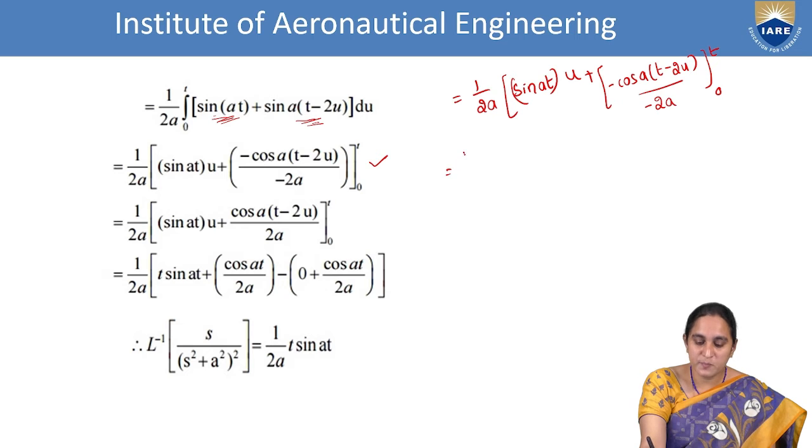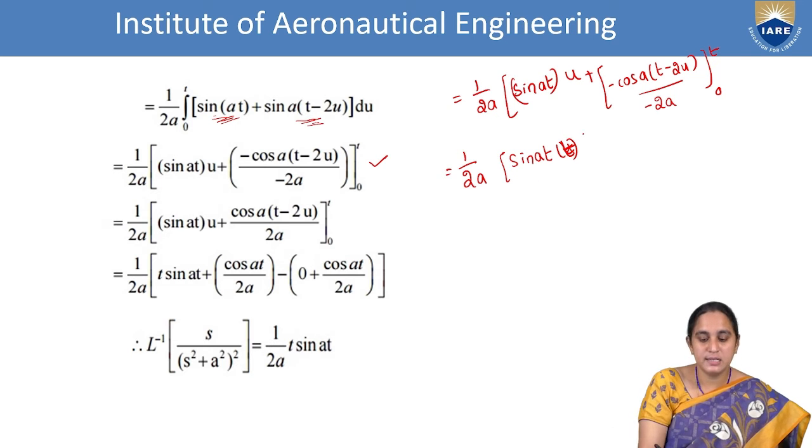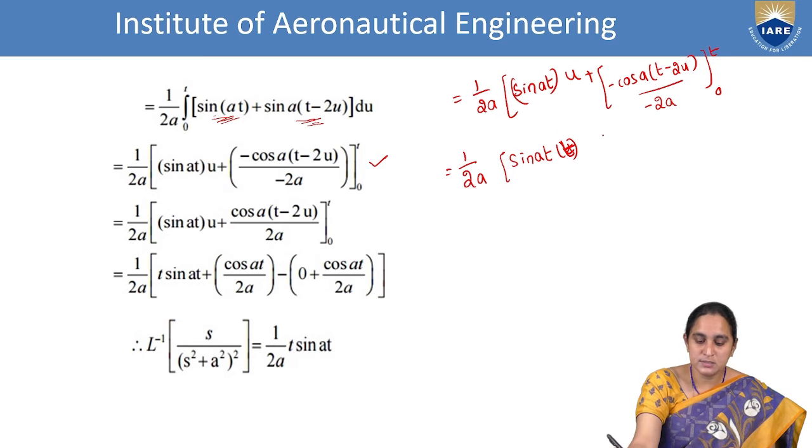That is 1 by 2a into sin at, what about the upper point here? Upper limit point as t. Plus into minus, minus, or directly plus in brackets cos a of t minus 2 into t by